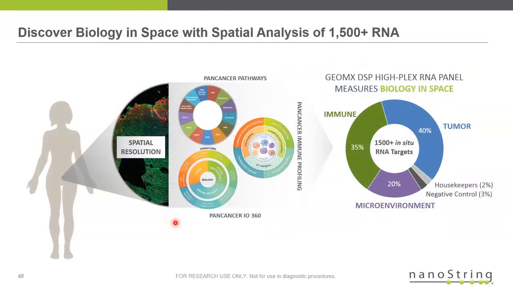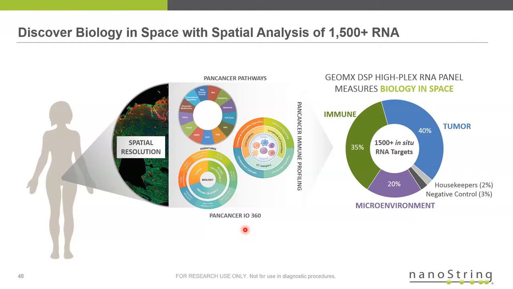Again, our initial panel that we are developing and will be commercializing next year is an aggregation of our 3 gold standard off-the-shelf panels. These are really our best-selling panels, our most popular panels for cancer analysis. It combines the cancer pathway, which brings in a lot of content around the tumor itself, the pan-cancer immune profiling, where we have a lot more immune-related content, and then the pan-cancer IO360 assay, which is much more